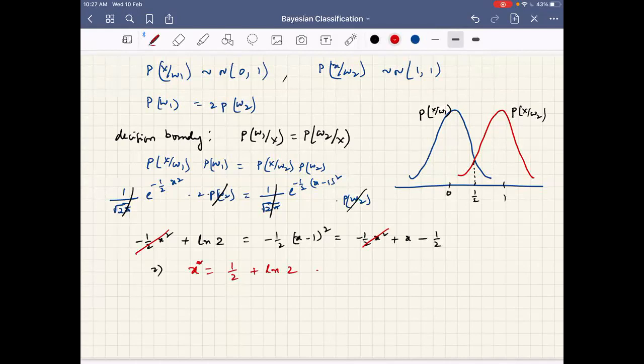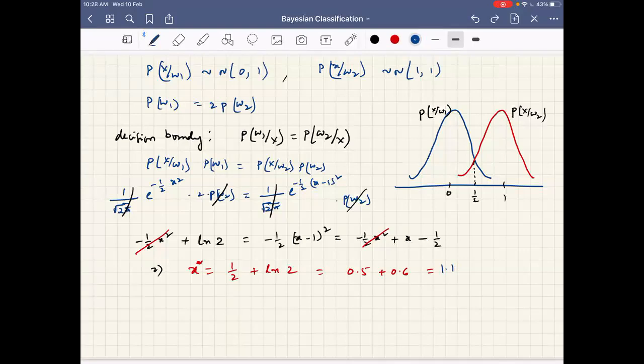Now, as you can see, ln of 2 is how much? 0.666, correct? So it is 0.5 plus 0.6, correct or not, roughly? Those who know ln of 2 can comment. No, so 0.7, it's okay. Roughly it is 1.1, sorry, 1.11, or something. Okay.